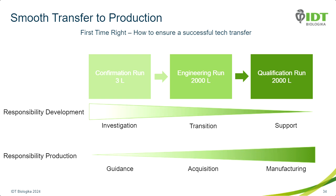It looked a little like this. The development team has transferred the process in cooperation with the production team by being present on site, giving advice, and discussing the procedure with the production personnel. Finally, qualification runs, which later would state the usual manufacturing process, have been carried out, where the production team was completely responsible for the manufacturing and the development team had only a supportive role if questions arose or helping with